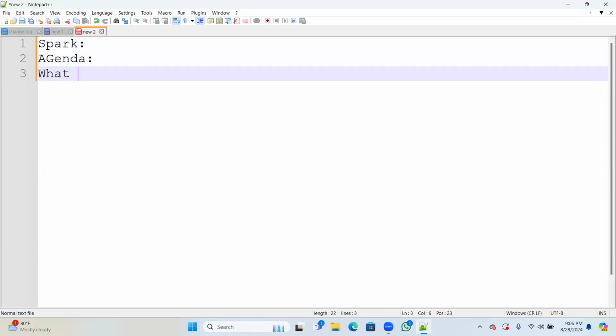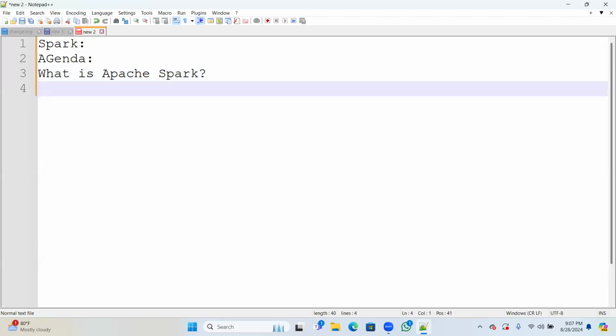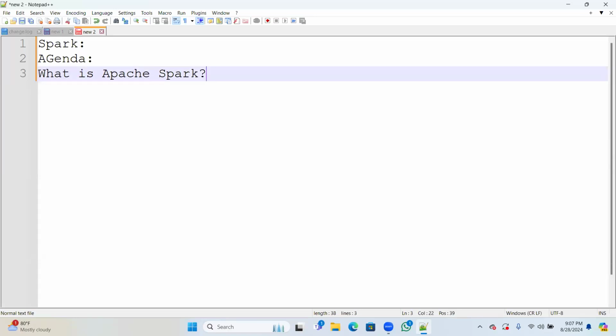So, what is Apache Spark? Generally, it is one of the Apache products. I think I need to install the setup and I will show it. Mostly with Apache Spark, we can use any one of the programming languages, either Python or Scala.